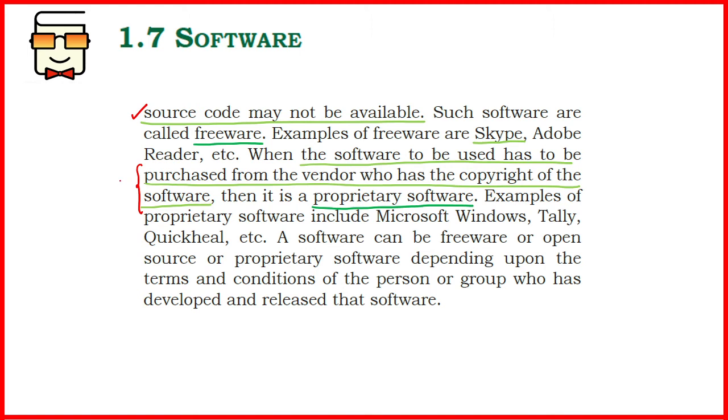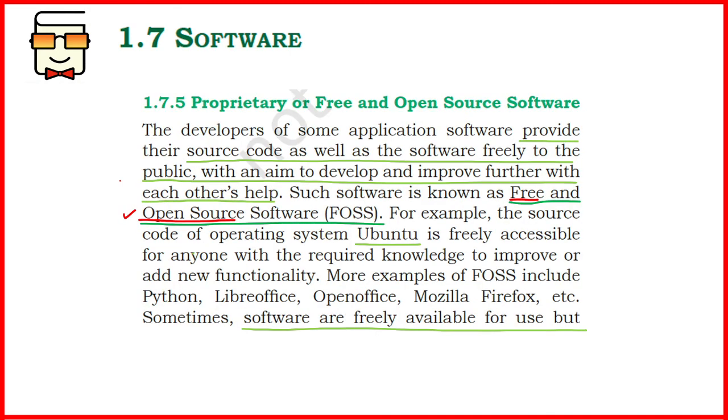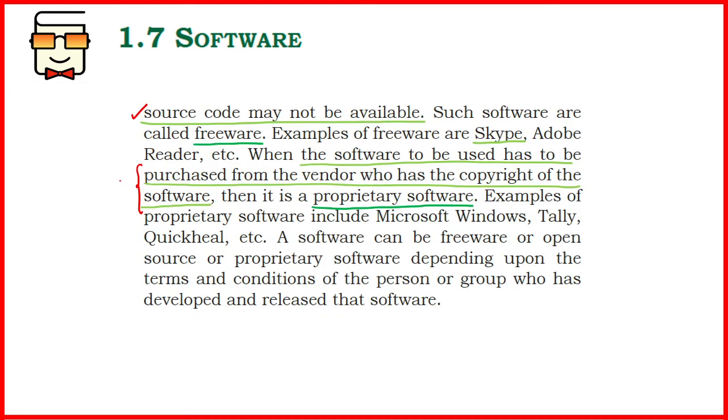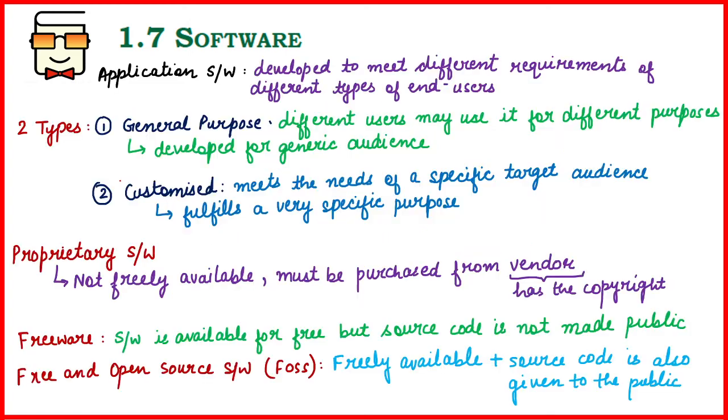So these were the three main types of software that may apply to application software, or to system software, or even to programming tools. See, operating systems like Windows or Ubuntu: Ubuntu is FOSS. So if it is system software, it may be open source or freely available, but there are system software that may be proprietary also. So this is regardless of the categorization that we studied previously.